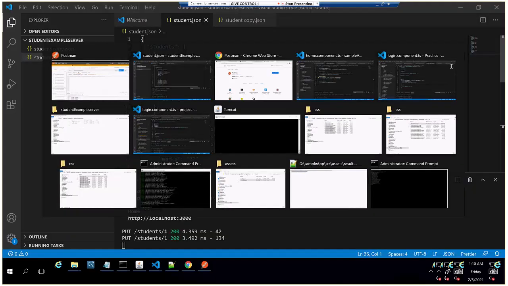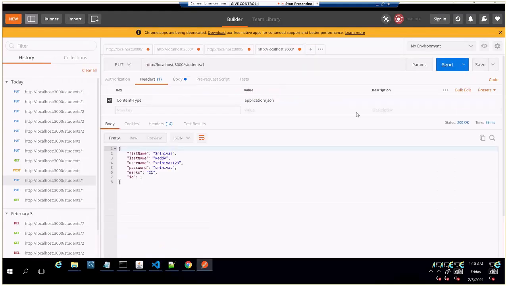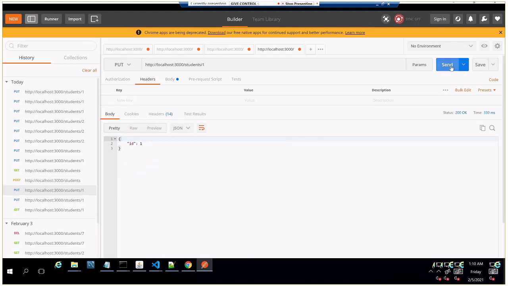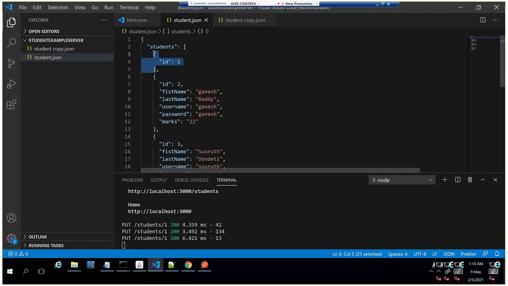But this one is actually not required, the header part. I'm going to remove this and see whether it is working. No, it didn't work. It removed the whole ID and it added only the first one.